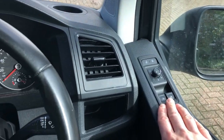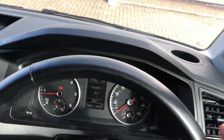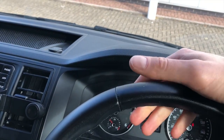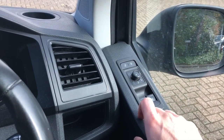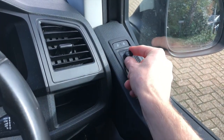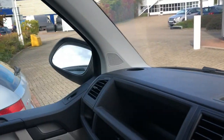Today I want to show you the Volkswagen T6 power folding mirrors upgrade, which we performed on our own T6 van. It's our little mobile workshop that we use for jobs that we do on a mobile basis, and we have upgraded our car with power folding mirrors. So this switch has been replaced, so it gives you this additional feature here. If I turn it, the mirrors fold, one and the other,